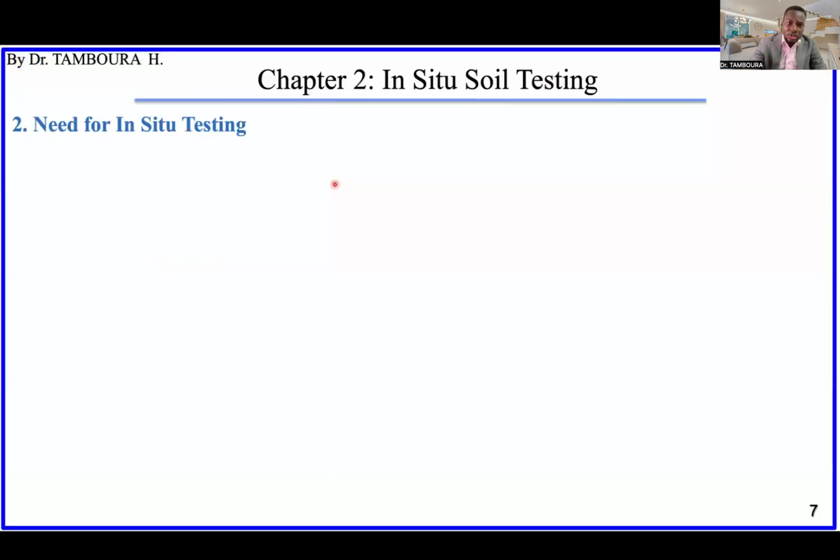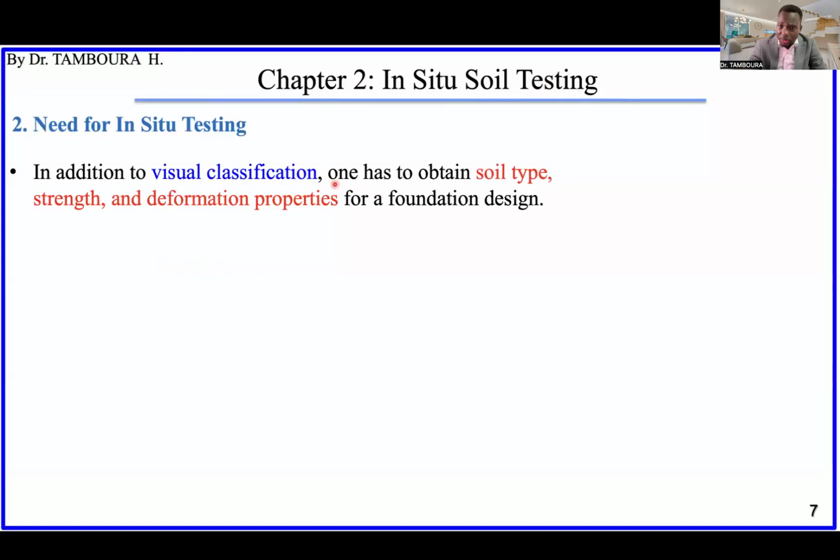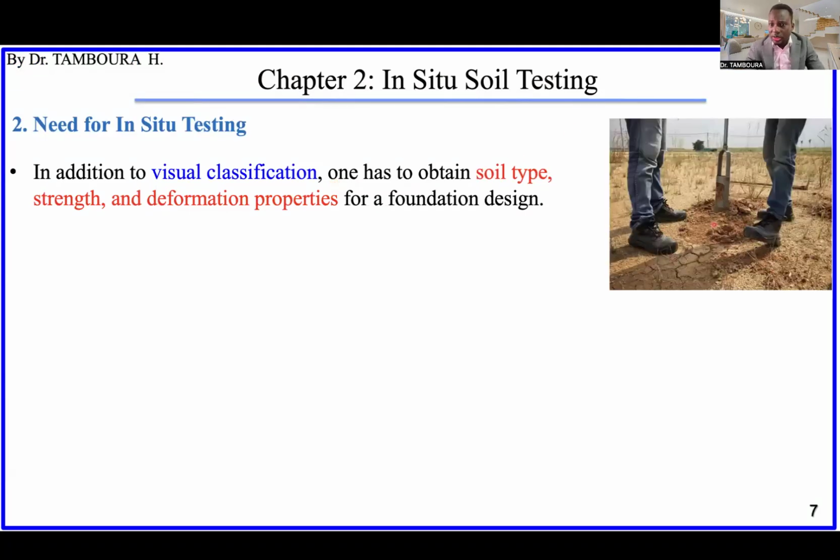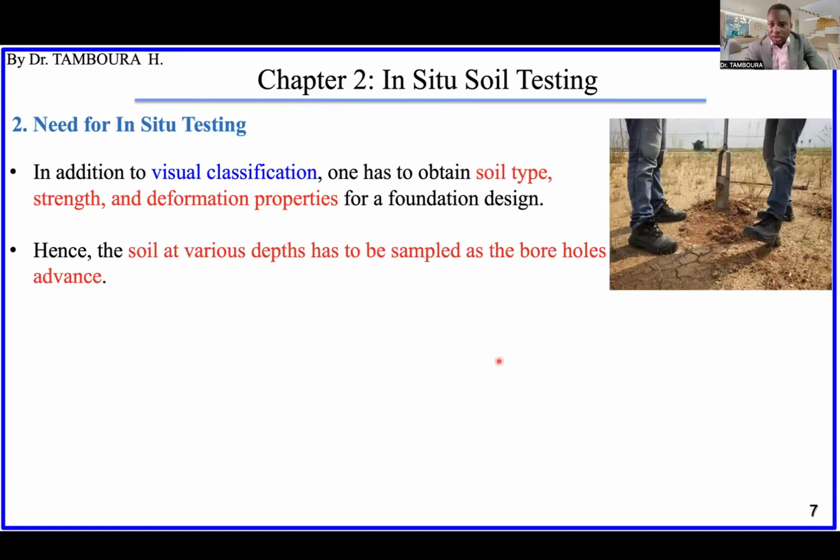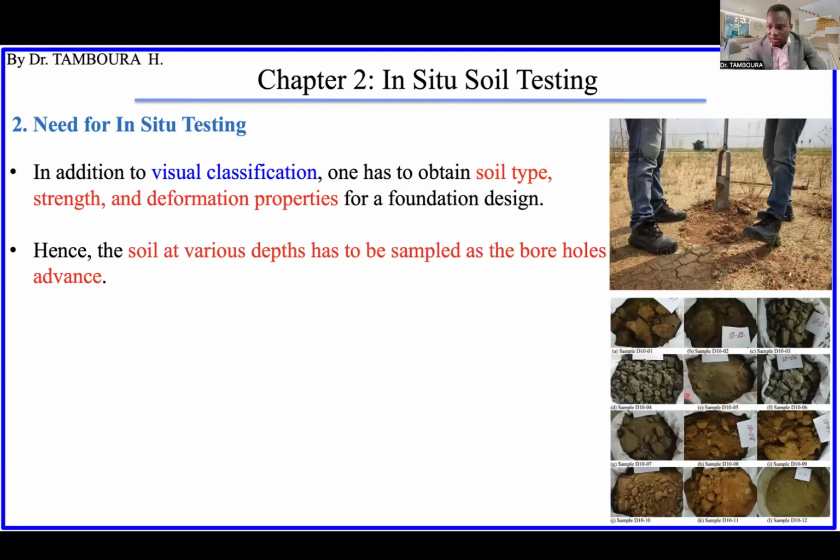Let's go. When you do a borehole like this, it can help you get some kind of soil sample, like this kind of soil sample. This kind of soil sample can help you do visual classification. You can know that maybe this is sand, this is clay. But this visual classification is not enough. We need to obtain the type of soil, the strength of soil, and the deformation property of soil for our foundation